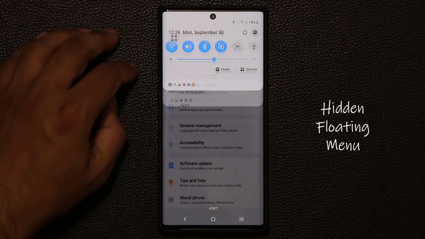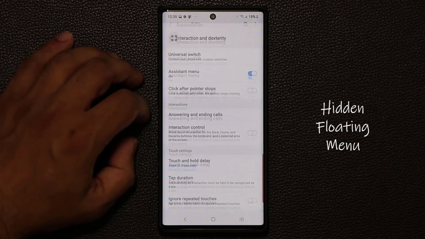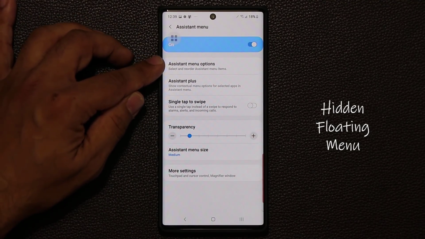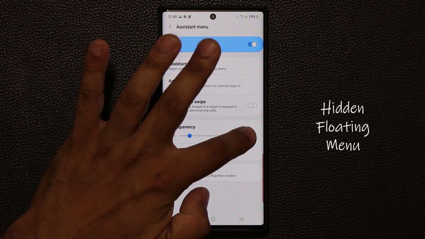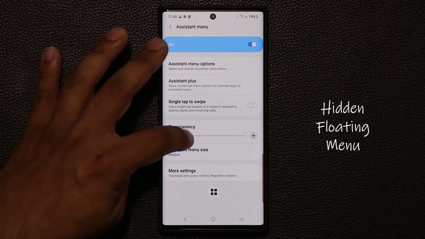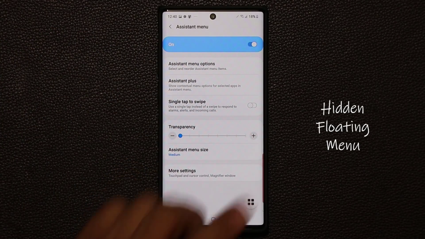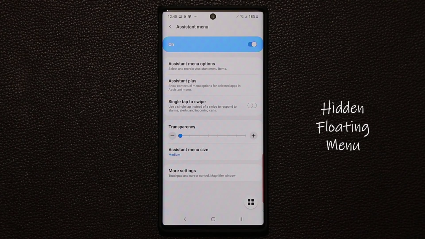Now with this menu real quick, if I go back here to accessibility, when you go to interaction and dexterity, it's right here. You can also do a lot of other things. You can even increase and decrease the transparency, as you can see. So it can be very visible or not so visible, all right? But it can be on the screen at all times for quick access to a lot of things